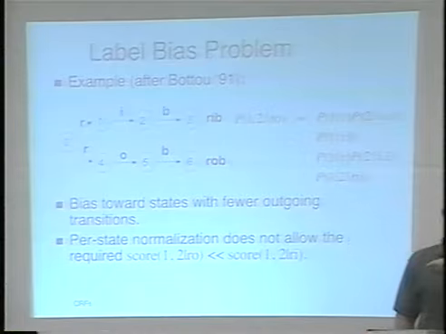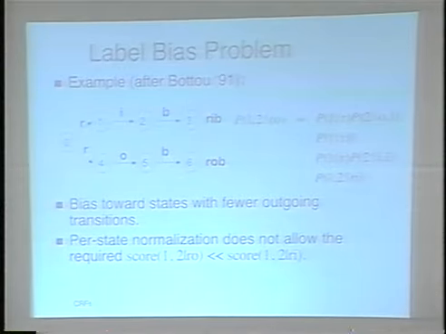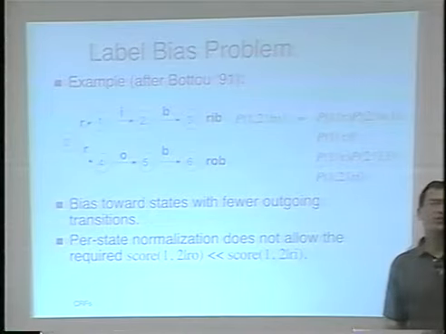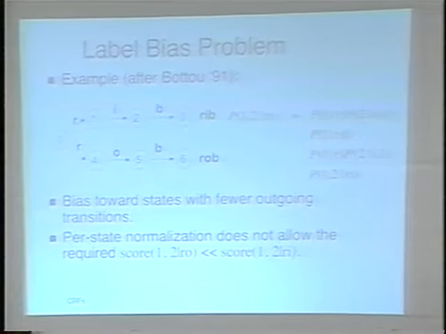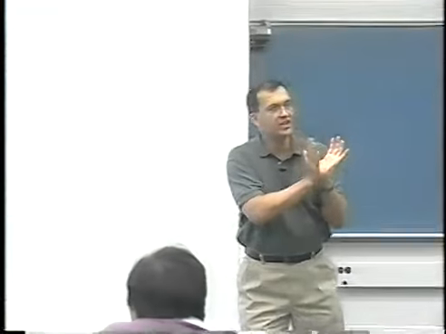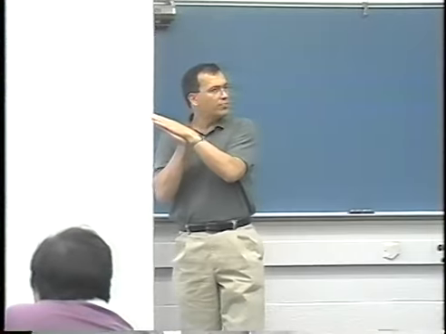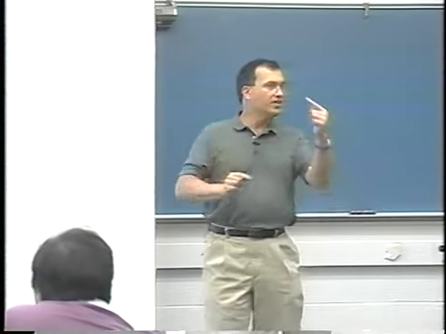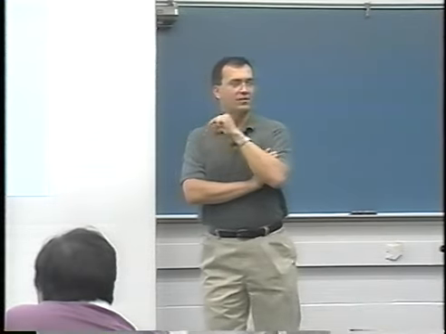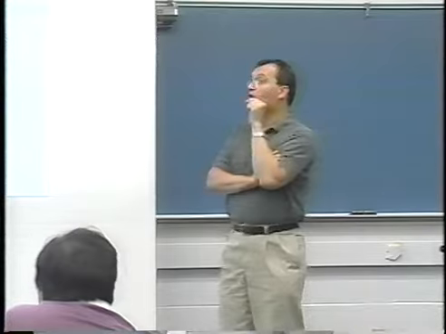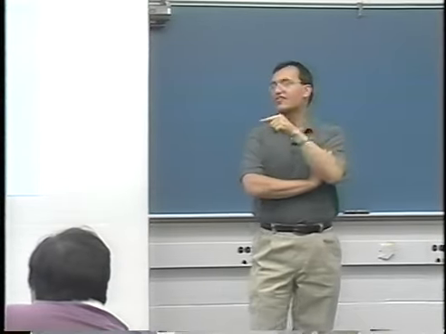Now, the reason I go over this is because there's something else that is important. Remember when I said early on that there are these types of local models, ones that do a per state classification. Not necessarily probabilistic models, they might be support vector machines. They all suffer from this problem. Every single local model that people have been using for labeling or for parsing suffers from this problem.